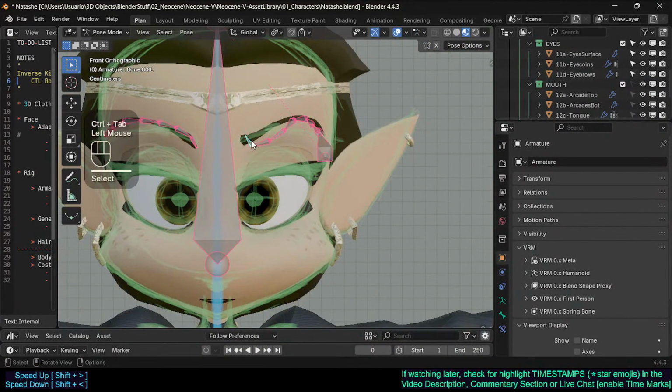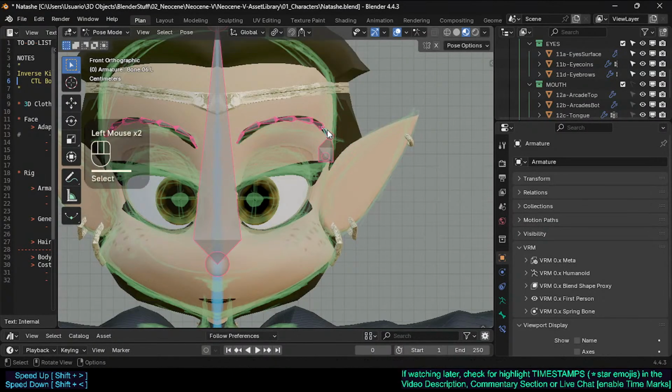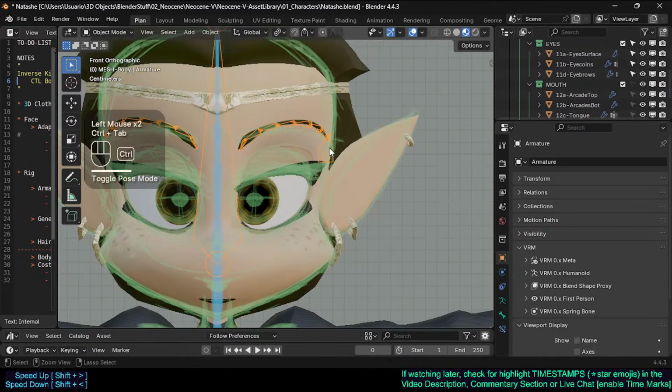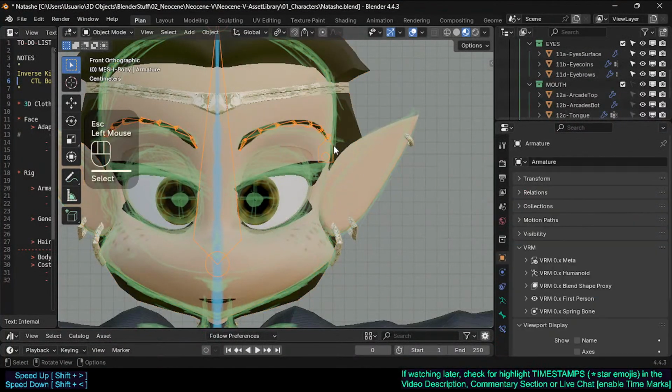So let's see if one is enough. Yes, one seems to be enough, and so there would be bones that can, so this bone here, because it is the FK master here,